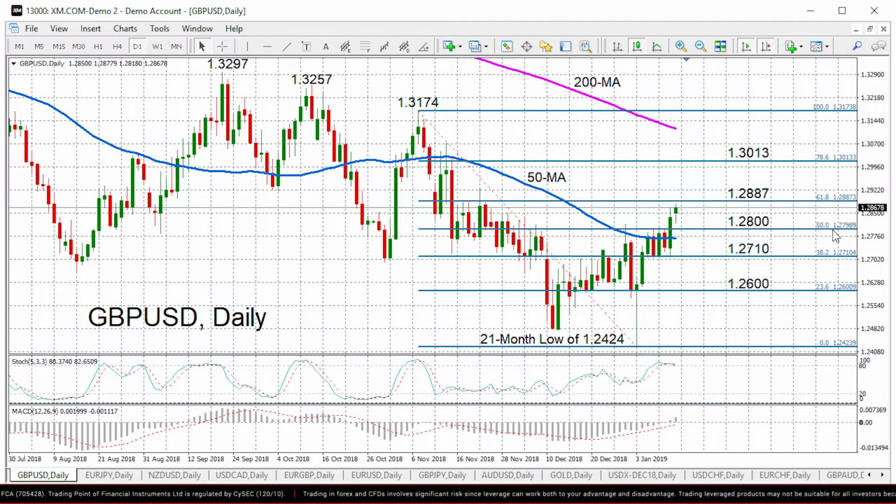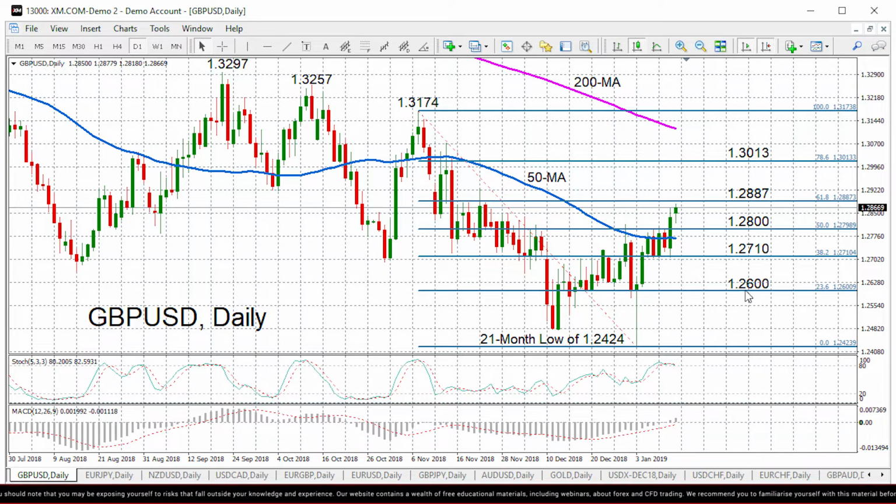However, if we do see that downside correction, support should initially come from the 1.28 handle. That's also the 50% Fibonacci retracement. If it does breach that 50% Fibonacci, it would shift the near-term bias to a neutral one, and then it could also drift further lower to 1.2710. That's the 38.2% Fibonacci, and then further down we would see the downside risks increasing,